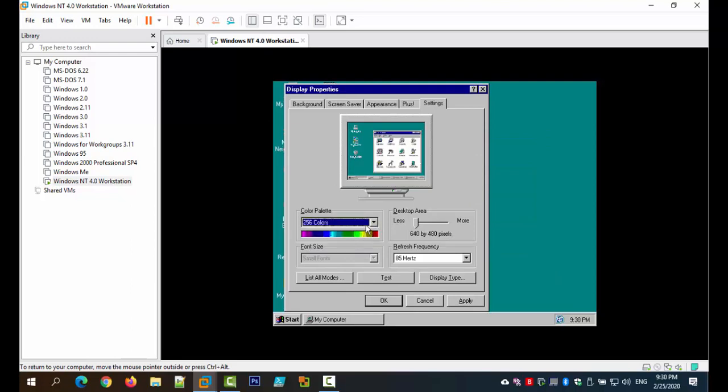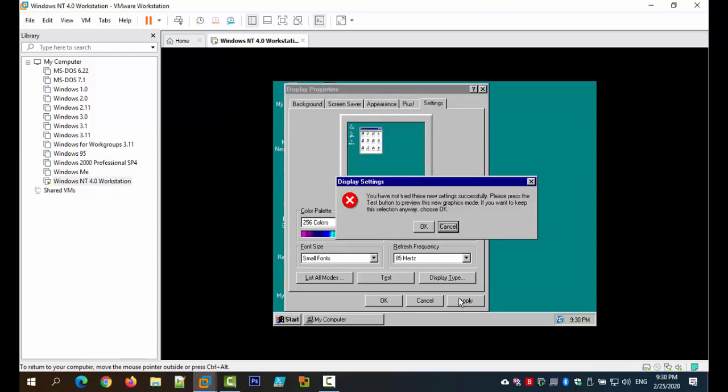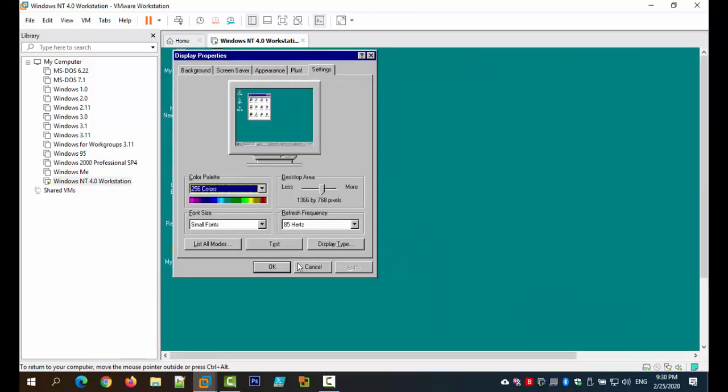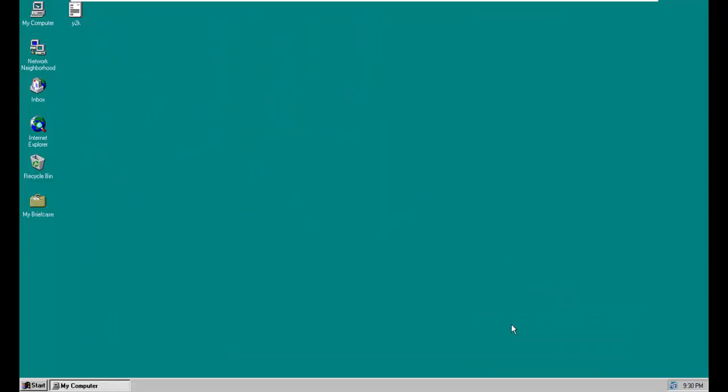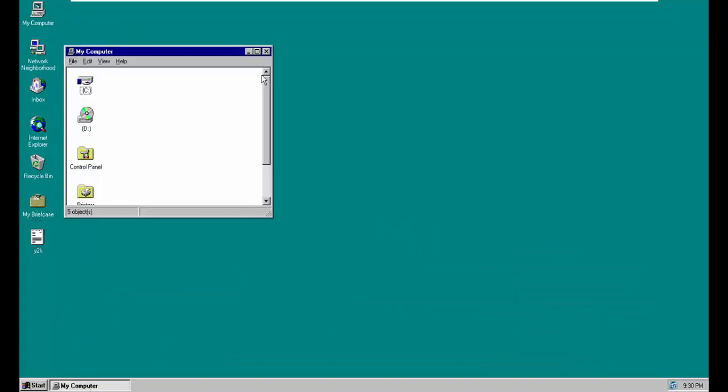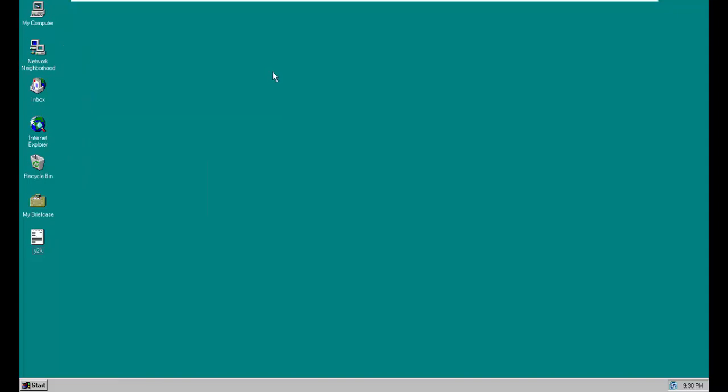So as you can see here, we have a lot of different colors to choose from, a lot of different sizing. So I'm going to hit apply. And now I have a full screen. So now we have Windows NT 4, Service Pack 1 through 6 installed, VMware tools, a nice looking full screen,